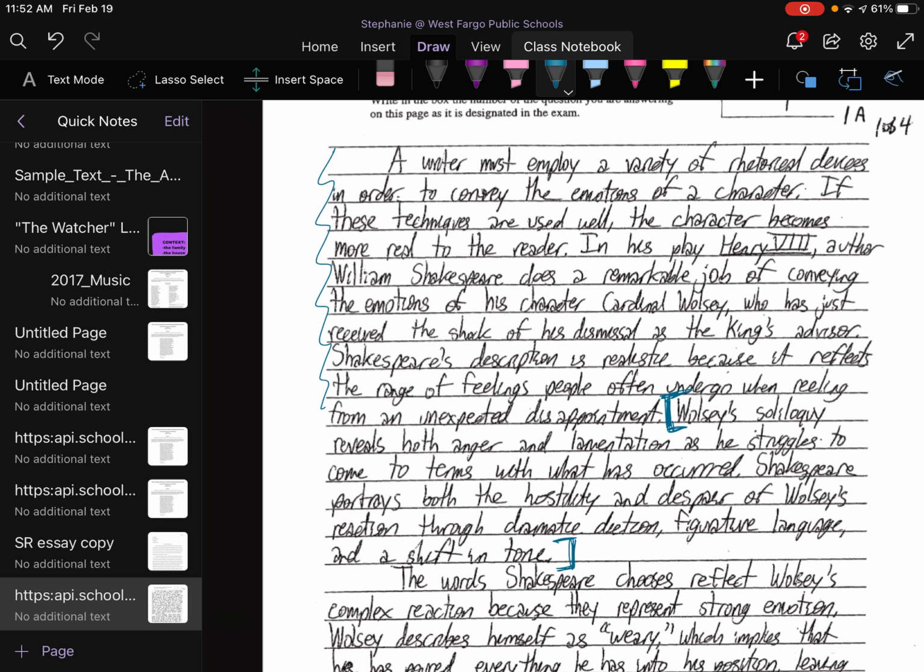It says, Wolsey's soliloquy reveals both anger and lamentation. Remember, when we're talking about complexity, we're also talking about duality, or two feelings that seem contradictory working together. So that's a great example of that, anger and lamentation. They also do that when they talk about hostility and despair. Those are two different emotions. They're in the same family, right? But they're still complex because he's hostile, but he's also sad about it. So there's anger and sadness. So this writer definitely has a very clear sense of what makes Wolsey's reaction